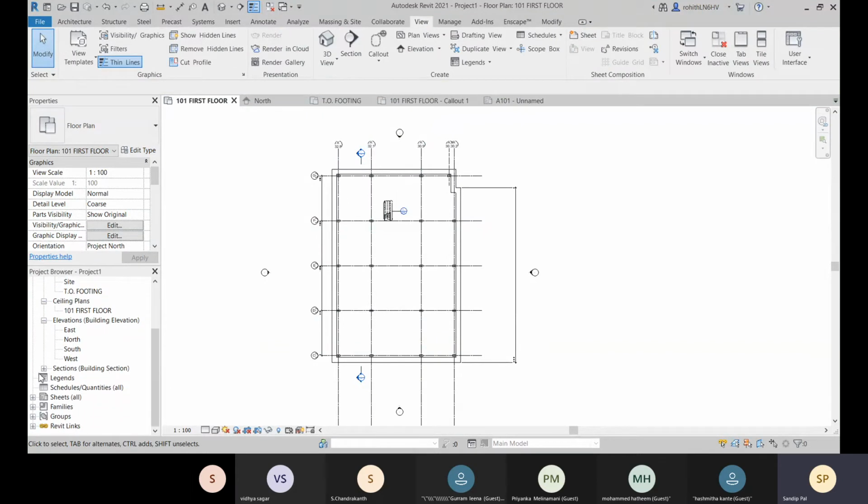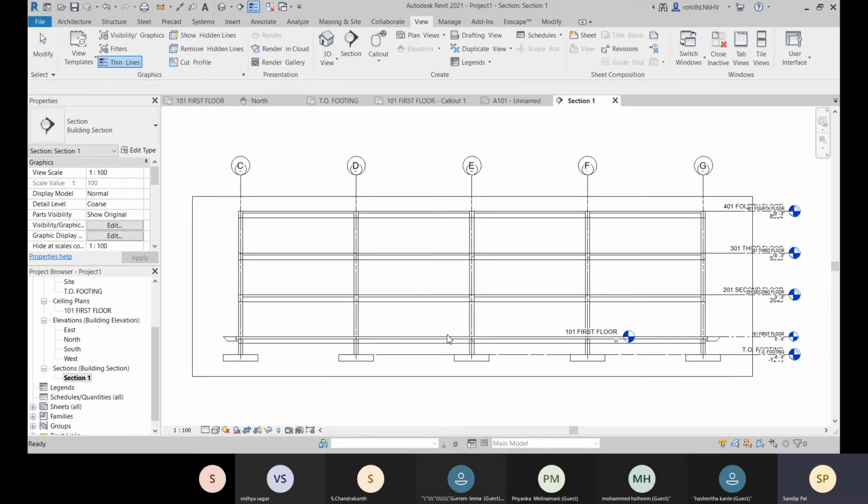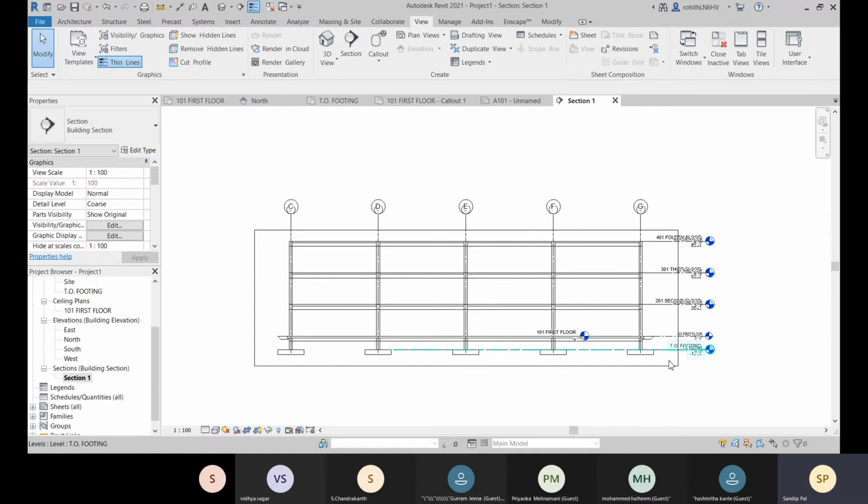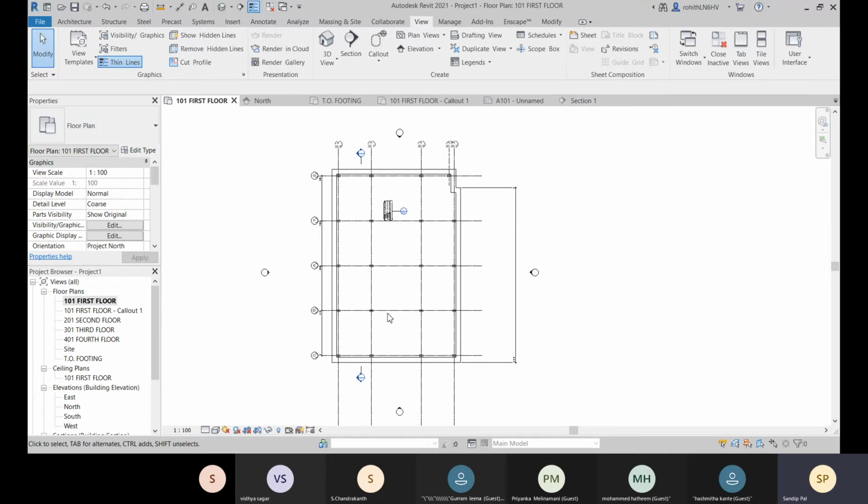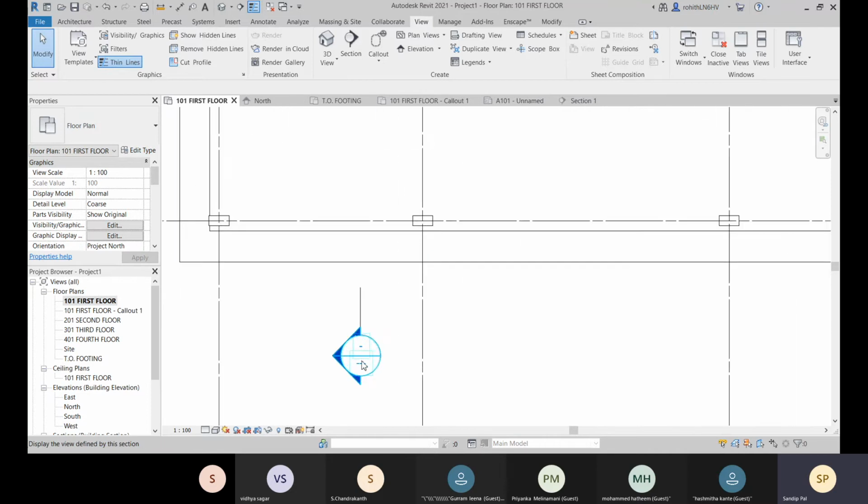And here you have this section view. Come to this bottom, and here you can see one section for this section view is created, and this is your section 1. And here you see that nothing is added now.